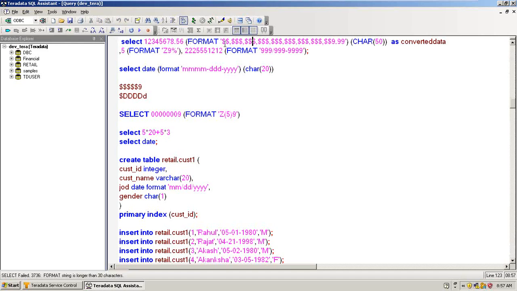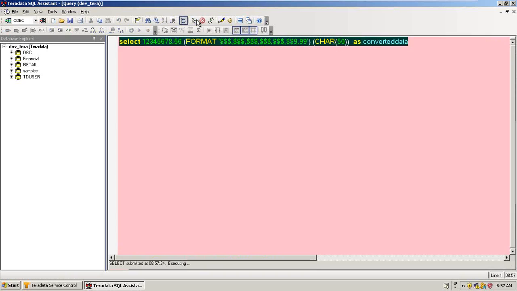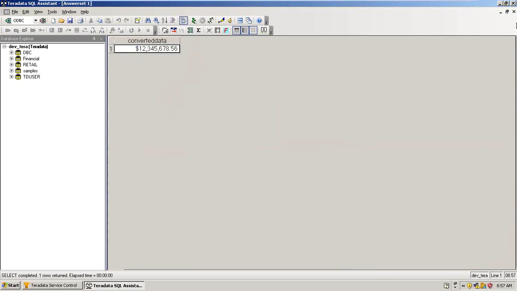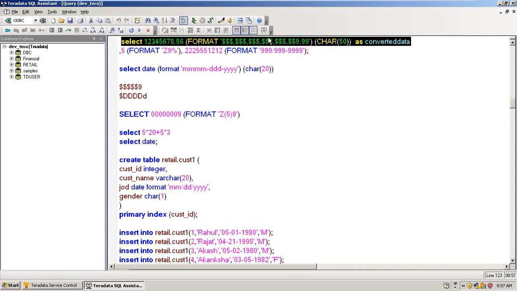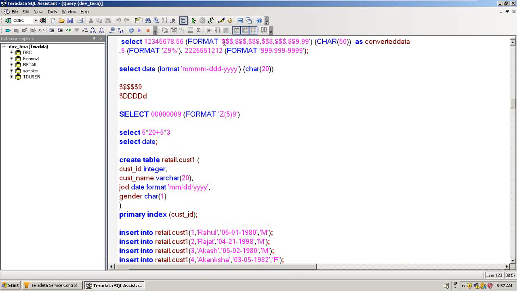"Format string is longer than..." Okay. So here it is showing more than 30. So up to 30 digits you may go for, because in the decimal, 30 digits is max, it seems,